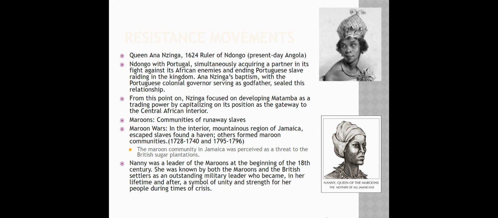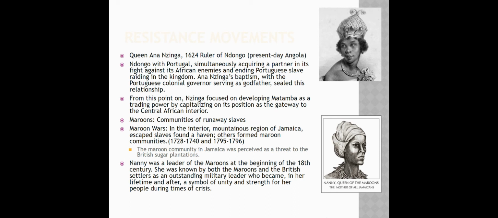But 2 years later, in 1626, Portugal betrayed the kingdom of Ndongo as well as Anna Nzinga. And she was forced to flee with her people further west, where they founded a new state of Matamba. And this was beyond the reach of the Portuguese. To bolster Matamba's power, Anna Nzinga offered sanctuary to runaway slaves. She formed a rebellion within the kingdom itself, and the kingdom of Ndongo was now indirectly ruled by Portuguese through